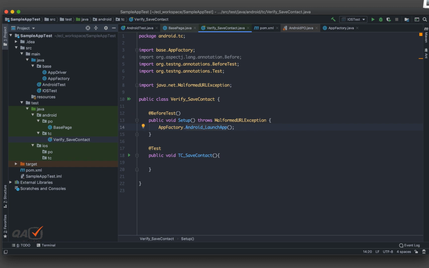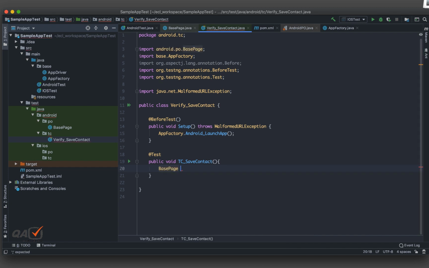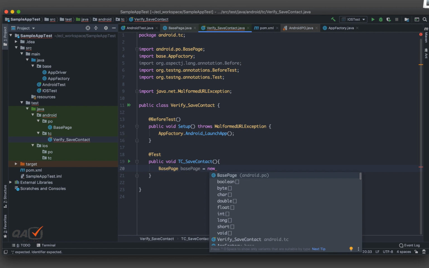Okay, fine. So like this you can do. So this is my before test. Now under test, the first thing I need to do is create an object of this base page that we have just created. So give it some name and new up the web page,